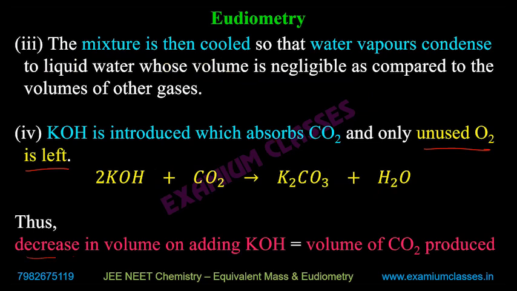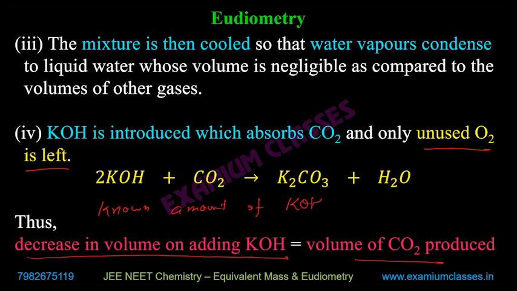Either we say the decrease in volume on adding KOH is the volume of CO2, or you can say you have a known amount of KOH. So if you know how many grams of KOH you had earlier, and once it absorbs CO2,